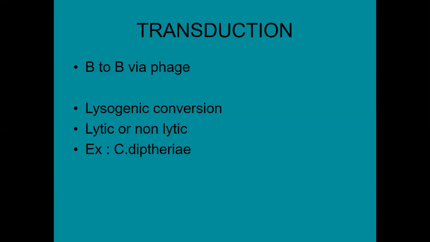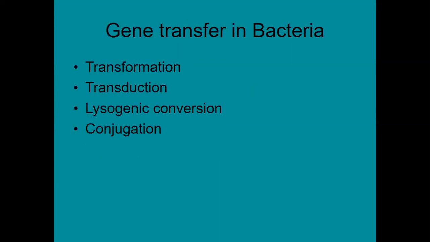Most important among all four is conjugation. I think you have read it in your zoology. Conjugation means the two bacteria have to come near each other. One of the bacteria has to make the sex pili, and then they contact each other and transfer the material from here to there. That is conjugation, as simple as that. Among the four, the question can be: Griffith concept-based genetic transfer? The answer is transformation. Bacteriophage is involved in which genetic transfer? Transduction.